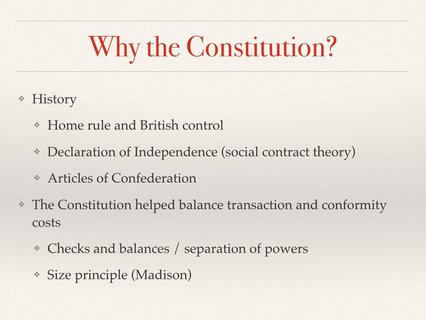So how do we balance these things? How do we reduce transaction costs enough to have an effective government without raising conformity costs? We create checks and balances and a separation of powers among these three branches that can all check and balance each other. This also is solved somewhat by Madison's size principle, where he says conformity costs are really a problem